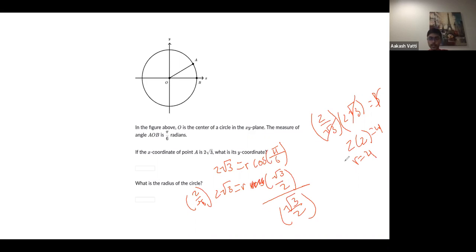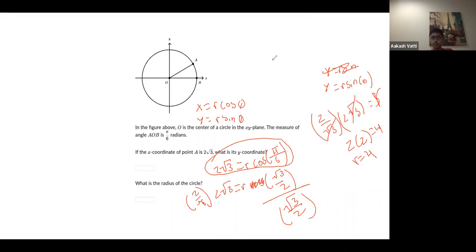And so because of that, you know that y equals r sine theta. The formula for this, in the beginning, when you're given a point, is x equals r cosine of theta. Then when you're trying to figure out y, it's y equals r sine of theta. So you have y equals r sine theta, and you know r is 4, so you have y equals 4 sine pi over 6,